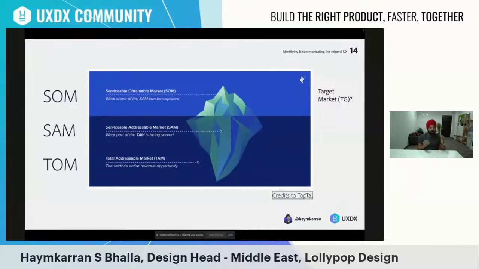Now, how do you narrow down a market that finally becomes a target market? If you want to start a company today and say that, yes, the entire world population is my market, no, that will not be the case. You need to understand how to narrow down a target market. And then